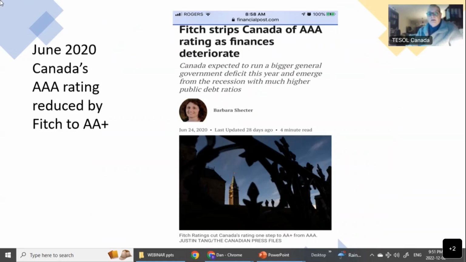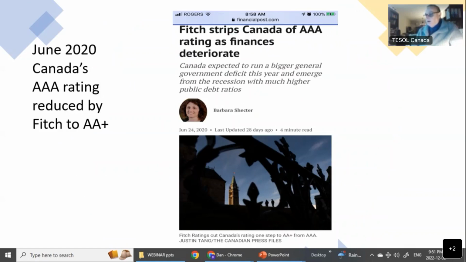The key reason Canada was reduced from a AAA rating down to AA plus was that, with the beginning of the pandemic, the Canadian government, as did so many other governments around the world, started to give money to most Canadians. Many Canadians were given money to help support them because they were not able to go to work during the